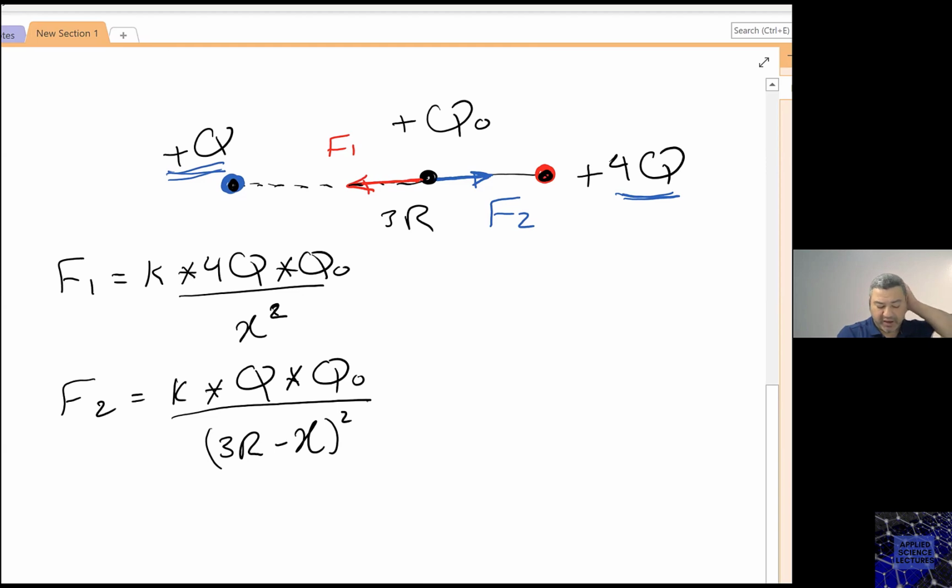So yes, I can find, if I equate those two,